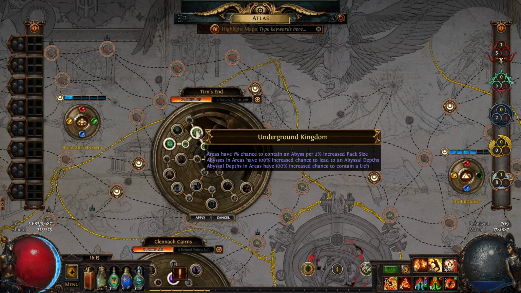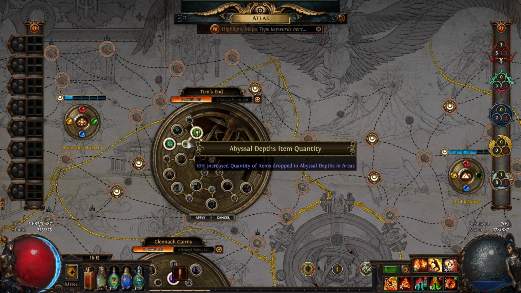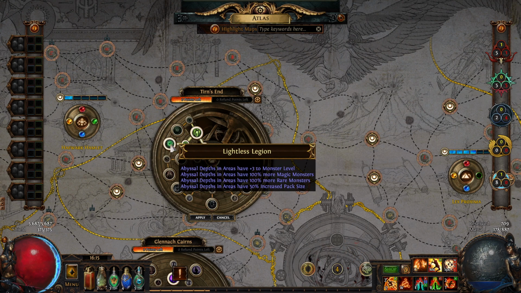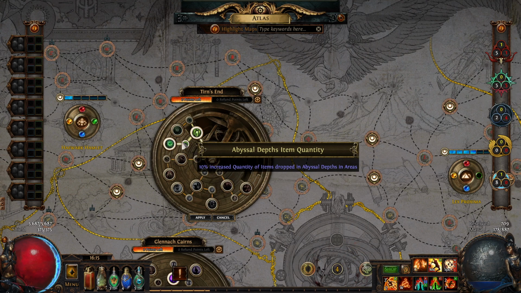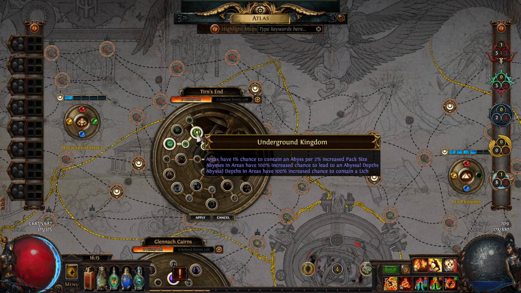Similarly, in Turn's End, where you get increased chance to contain Abyss and Abyssal Depths, and then Abyssal Depths in areas has, you know, +3 monster level and all that stuff. I like these nodes because I can force Abyss onto Turn's End through the Xana map device, right? So,